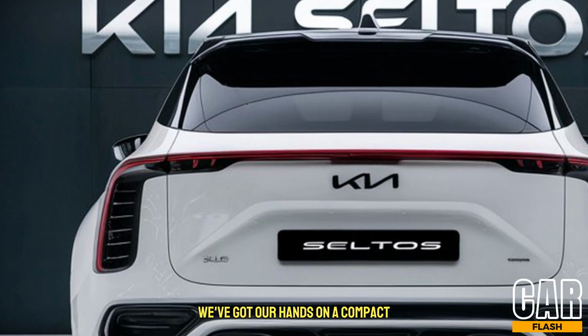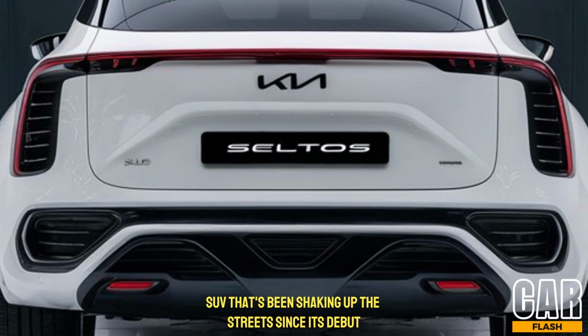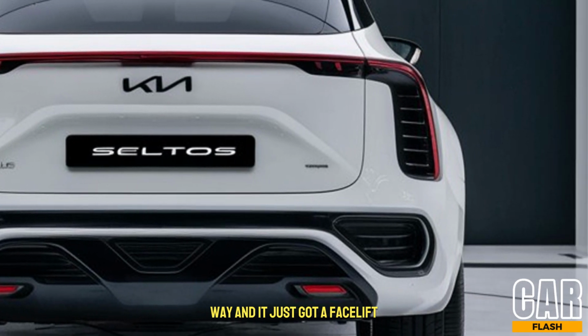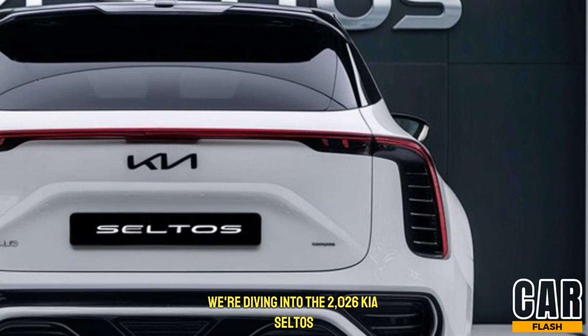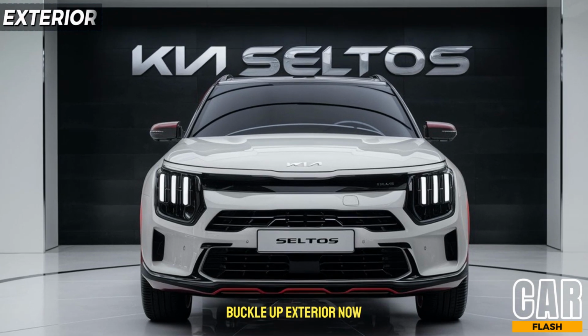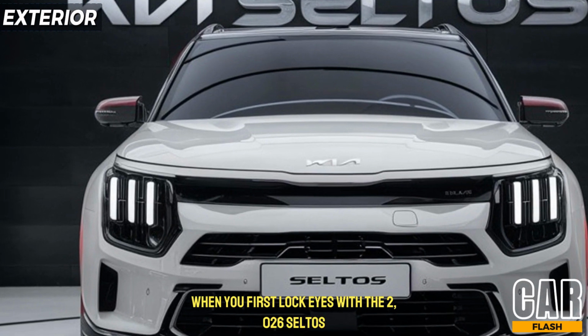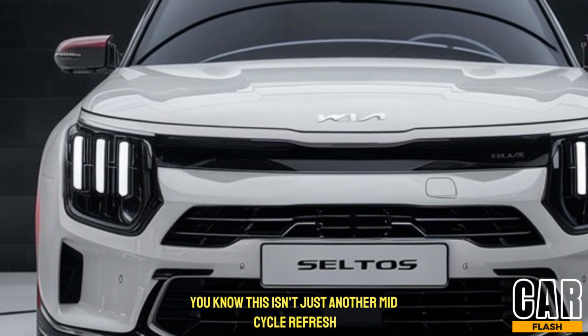Today, we've got our hands on a compact SUV that's been shaking up the streets since its debut, and it just got a facelift that might make you do a double take. We're diving into the 2026 Kia Seltos. Buckle up. Exterior. Now, when you first lock eyes with the 2026 Seltos, you know this isn't just another mid-cycle